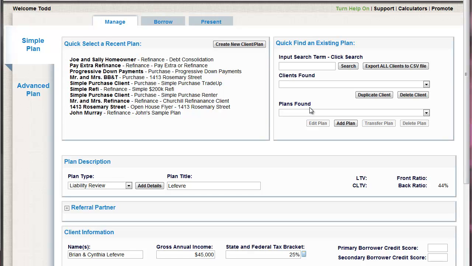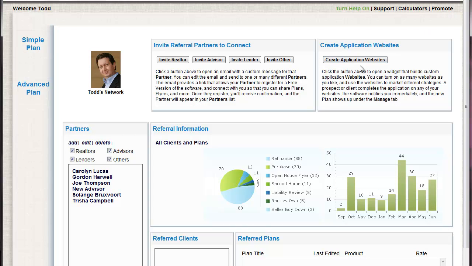Hi, I wanted to look at a question that came in related to a best practice around email signatures, and how you would create or add, say, an Apply Now button to your email signature to get a client to fill out that application on your website. So let's go through it. First, let's click on the Promote tab, because the Promote tab is where you access